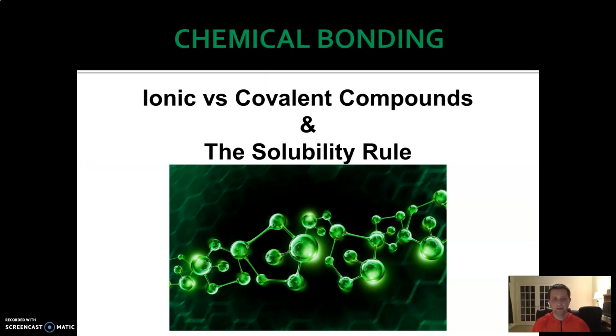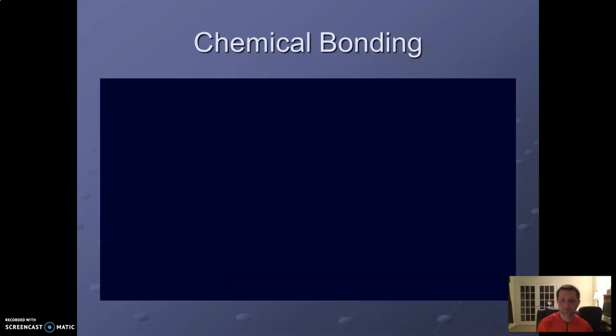What we're going to look at today is the first lesson in our new unit, and that lesson is on ionic and covalent compounds and the main differences between those in terms of properties, and just a brief discussion about the solubility rule. So, starting our new unit here,